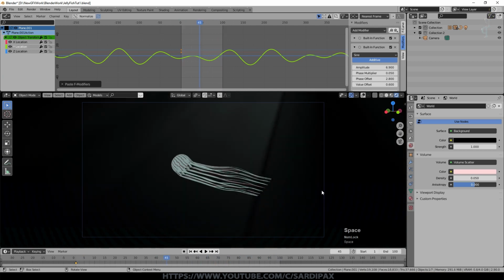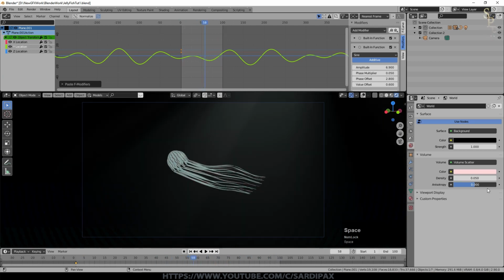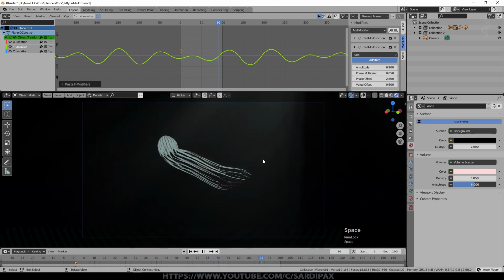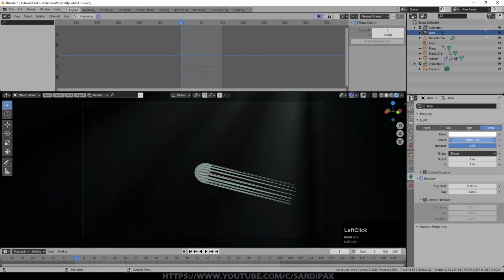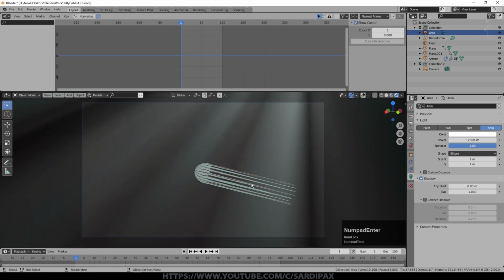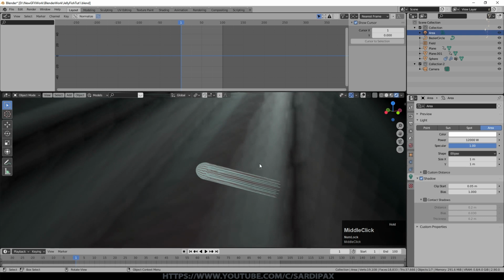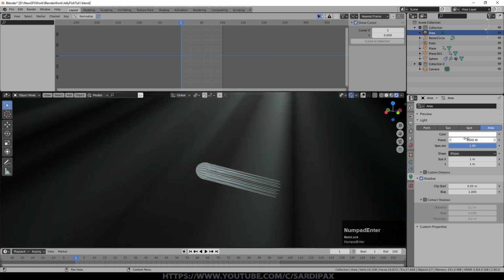And obviously with the preview it doesn't show up as much, but you can see there I've turned the density of the volume up a little bit, and we're now getting much more of an effect. I also turned the lamp up quite a bit as well. So you can see I actually ended up with about 12,000 for the strength of my lamp, and you can see that's very, very bright. That might be a bit too bright for this scene. So perhaps we'll go with 6,000.